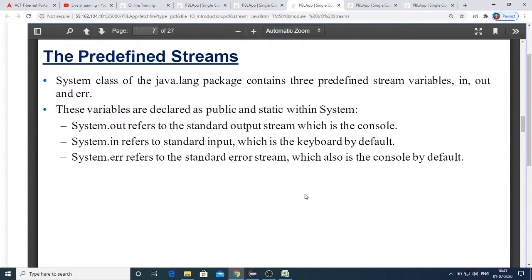So that is the reason in real-time application development, generally in the catch of whatever handling mechanism is there, we will not directly display that error information on the console or on the client environment.